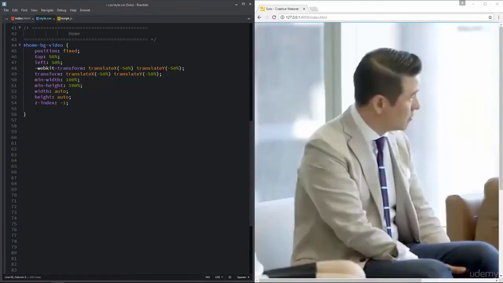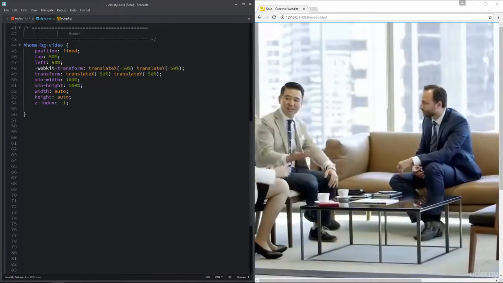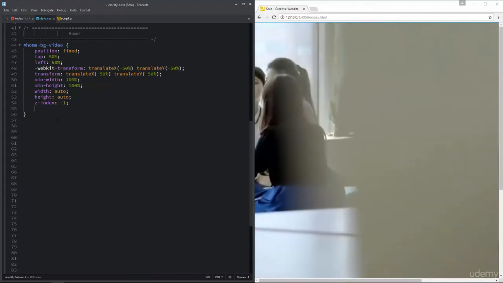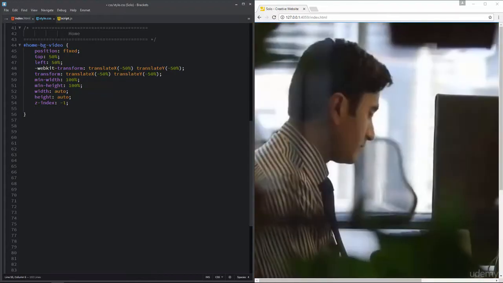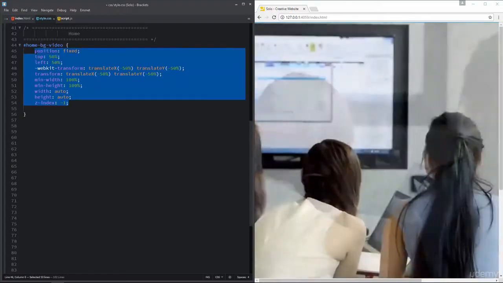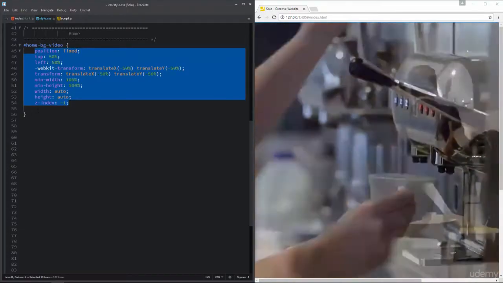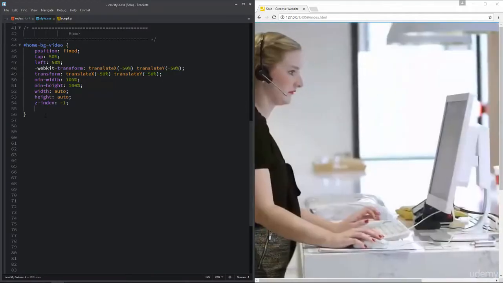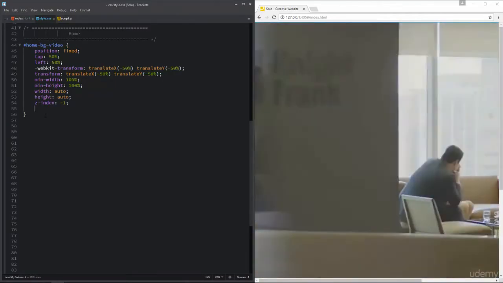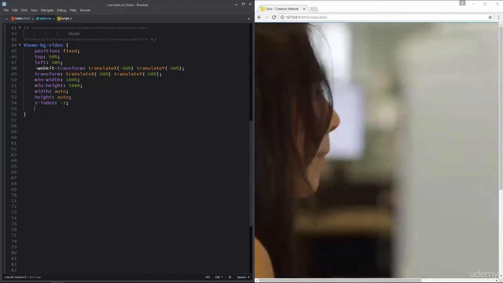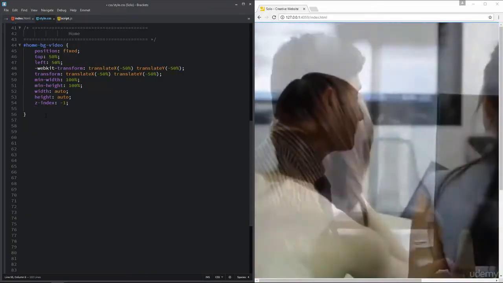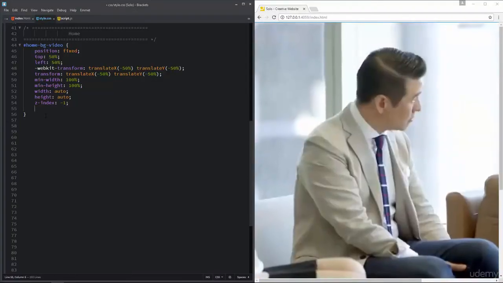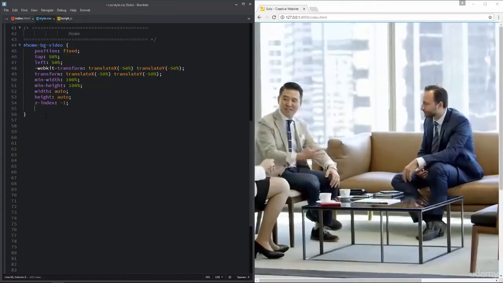Next, I'm going to do a very important thing. Well, listen. If there is any browser out there that is not going to understand what the video tag is, and we have done a few things in this CSS to make sure that certain browsers will support it. But just as a fail-safe, fallback method, contingency plan, whatever you call it, we are also going to give it a background image, and that background image is going to act as a cover that will show up only if the video is actually not working. Okay, let us set up the background for this video element as fallback.